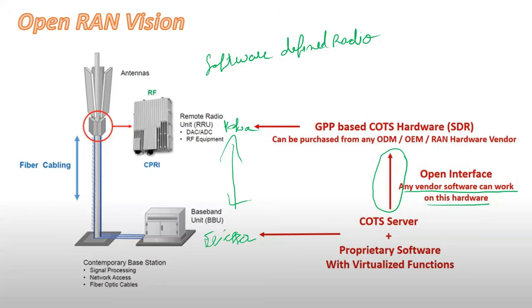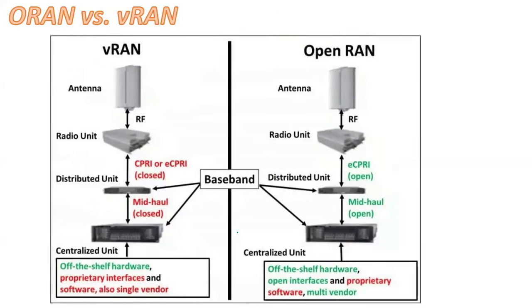So this allows us to move from costly and proprietary solutions to the COTS based and open software based one, right? So therefore it will create a broader vendor supply chain, right? So these are the basic differences between ORAN and vRAN. vRAN uses a virtualized environment instead of dedicated hardware, but the interfaces are still closed. You can see the interfaces are still closed. And Open RAN, where software and hardware are open source, are according to the open interfaces and standards, right?